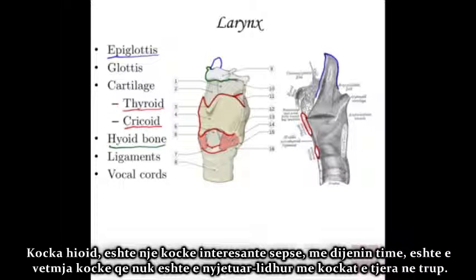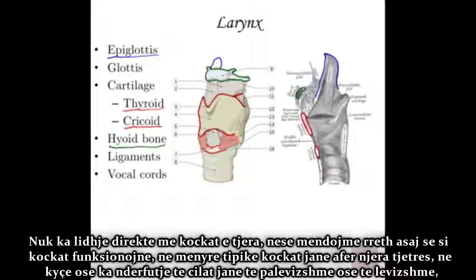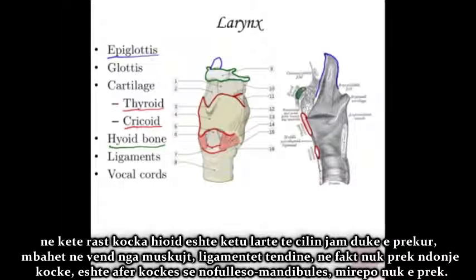So the hyoid bone is an interesting bone because, to my knowledge, it's the only bone that I can think of that does not articulate with any other bones in the body. It is not directly touching any other bones. And if you think about how bones work, typically bone is next to bone in a joint, whether it's a fused immovable joint or a movable joint. But in this case, the hyoid bone is up here. I'm touching it right now. And it's held in place by muscles, ligaments, tendons. It's not actually touching any other bones.